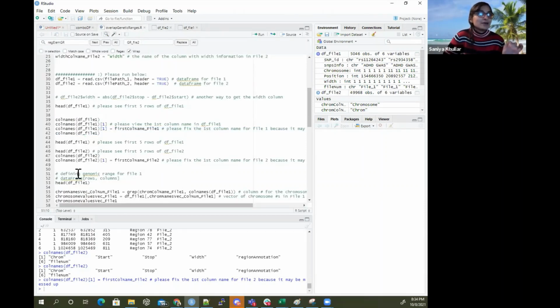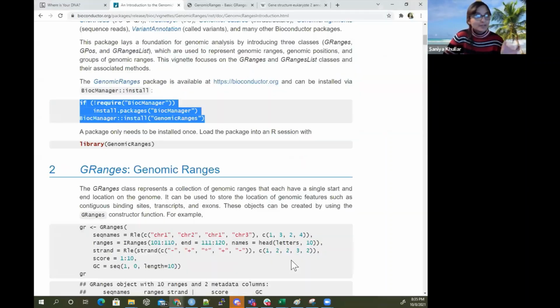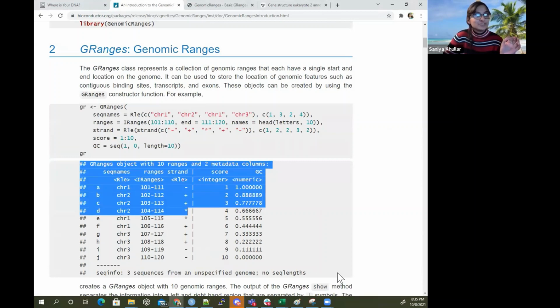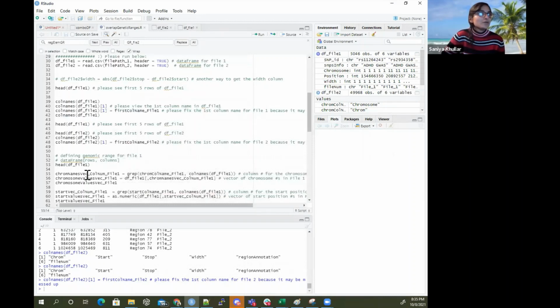Okay, great. So now we are trying to define the genomic range for file 1. We're trying to make it into a genomic ranges file object, a GRanges object, like something like this, for instance. So what I want to do is use this thing called grep. Grep searches for